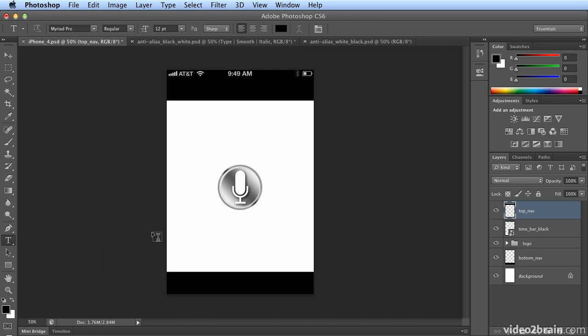So with the horizontal type tool, I'm going to create point type. Point type means I simply click once anywhere on my image or my Photoshop document, and it creates a line of type from that spot on where you clicked. And we're working on a fictitious app for a mobile device. Could be a tablet, could be a smartphone. And I'm calling it Feed Me